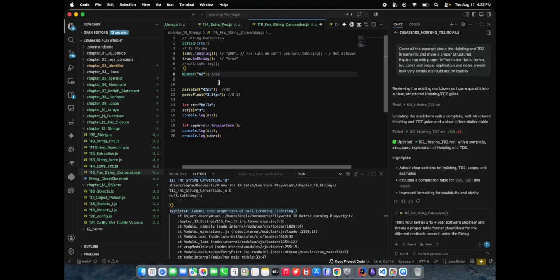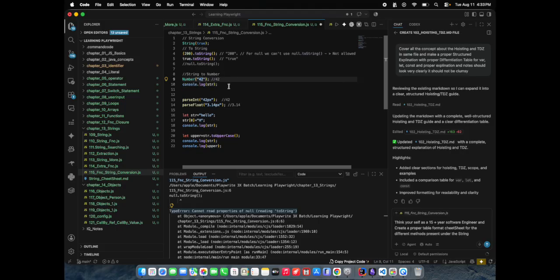Now let's do the reverse, converting string to number. Number of 42, if you pass in a string, it will get converted to 42. And parseInt basically searches for the integer; even though it is a mixture of characters and numbers, only the number will get converted. So this is the difference between this and this. If you pass anything now here,